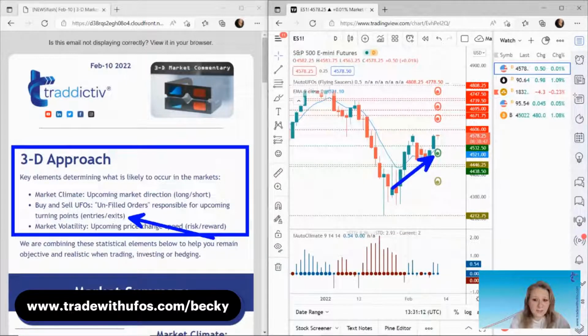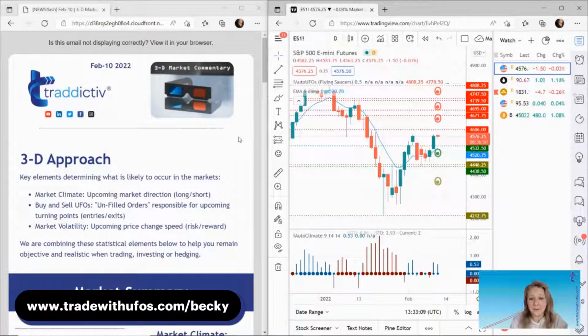If it shows us these little green UFOs with the prices on the right hand side, that shows us where the buyers are. If it shows us these little red UFOs with the prices on the right hand side, those show us where the sell orders are. So we'll look at buy and sell orders per market as well. And then we'll look at market volatility, which is how quickly we would expect these markets to move. Now, everything we're looking at is on a daily time frame. Of course, different things happen on different time frames. What we're talking about here is all relevant and relative to the daily time frame.